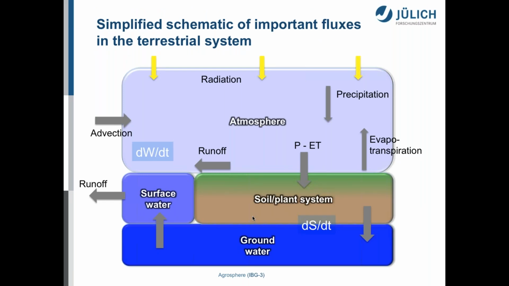Okay, so what I want to do first is talk a little bit about simple water budget considerations, to address why we want to go from groundwater into the atmosphere, and also highlight some feedback processes. This is a schematic now. We go from the nice cartoon at the beginning to a more schematic picture of the terrestrial system that we later put into a mathematical model.